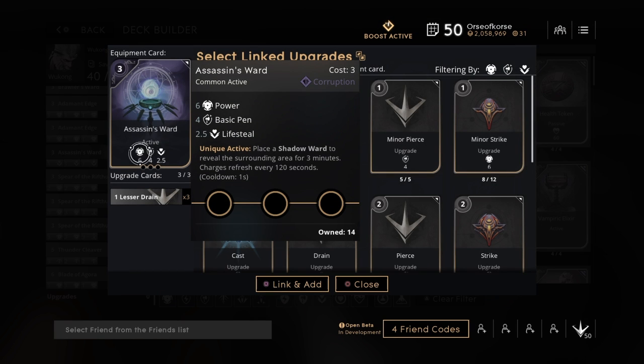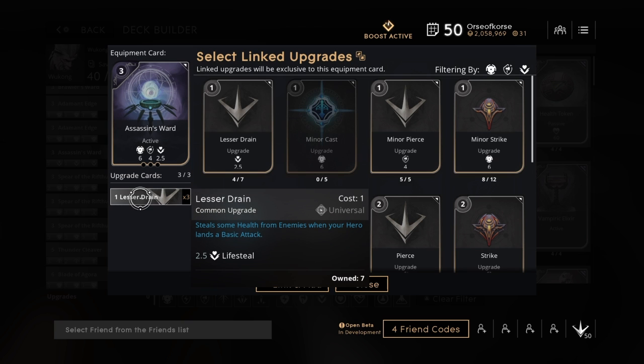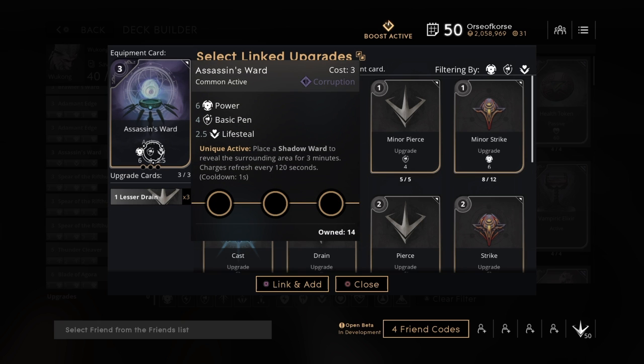Since he is Order Corruption, you have that option. The Assassin's Sword is 6 power, 4 basic pen, 2.5 lifesteal, and I equip this with 3 lesser drains, so give him 10 lifesteal, and I think that's all he needs. He hits hard enough to where the 10 lifesteal is going to be enough to keep him alive, to help him keep pushing,